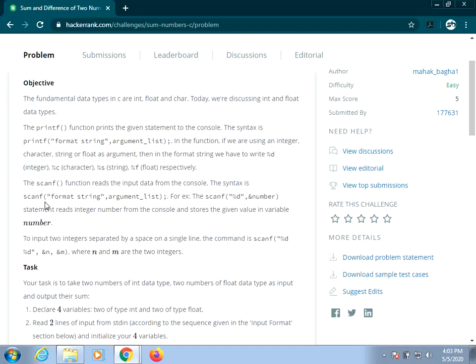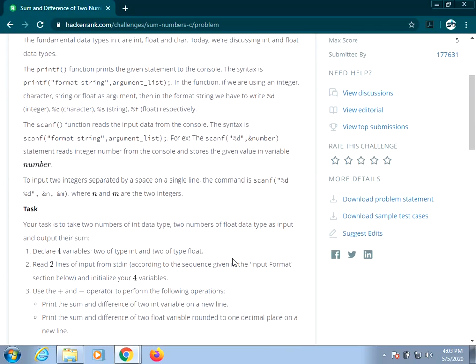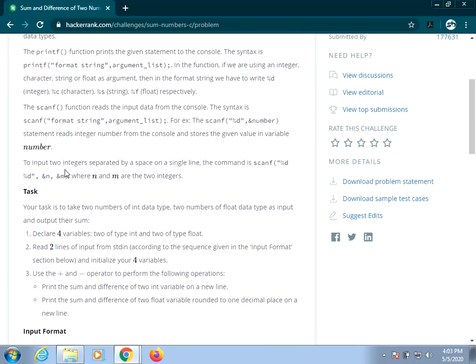The syntax is scanf, format string and the argument list. So for integer, we'll be writing scanf %d, the address of number. And at last, to input two numbers separated by a space on a single line, the command is scanf in the quotes %d, a space %d, and address of n and address of m.